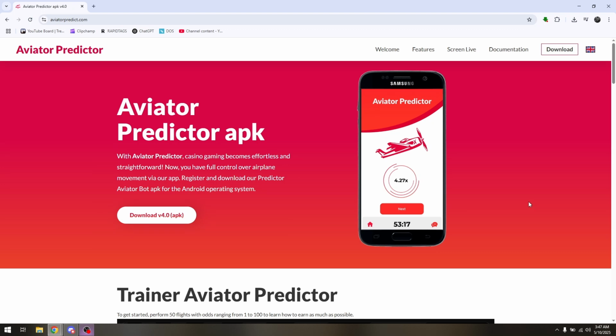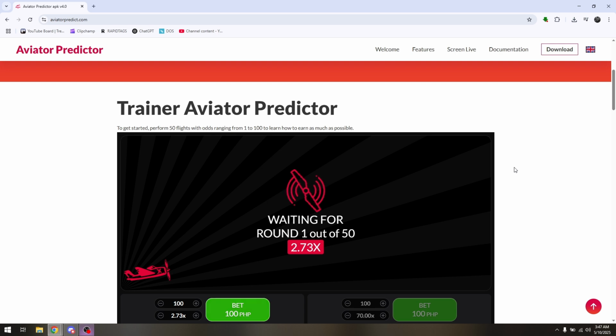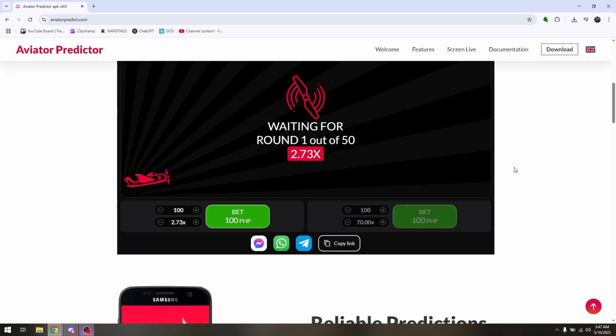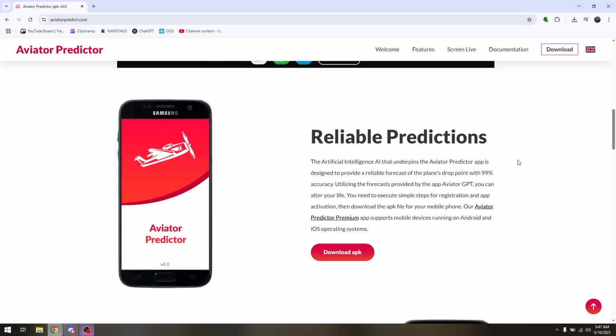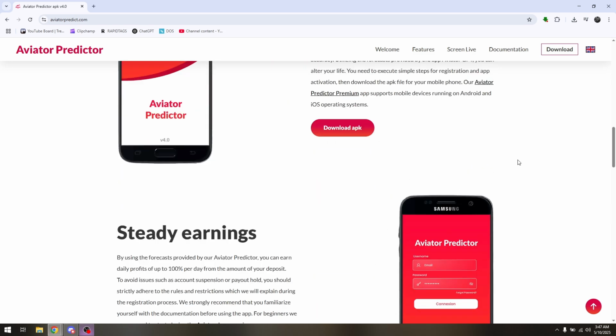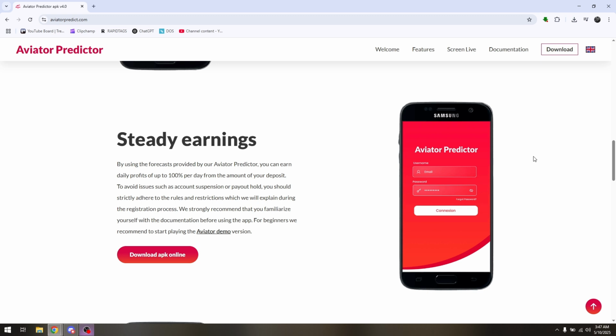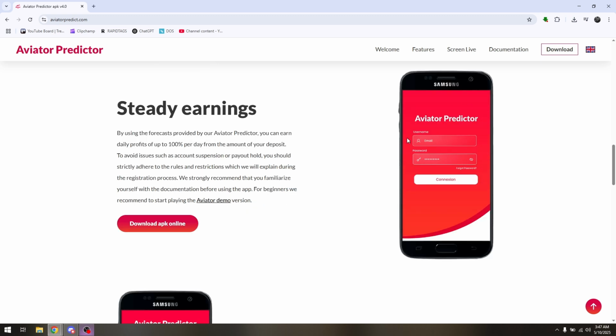How to register on Aviator Predictor app. Now, registration of Aviator Predictor application is quite simple and very easy to do. The main challenge here is to download the legitimate APK for you to be able to have access with this